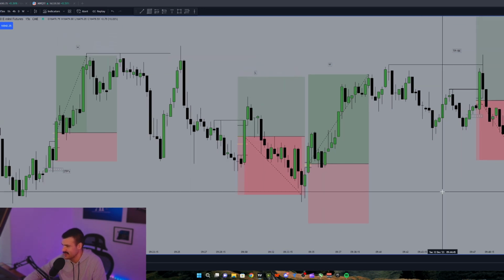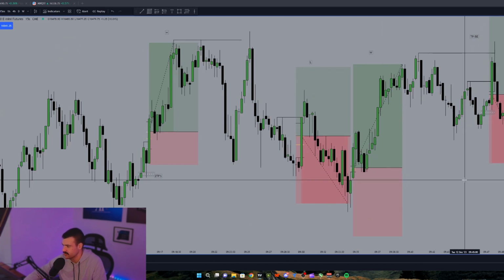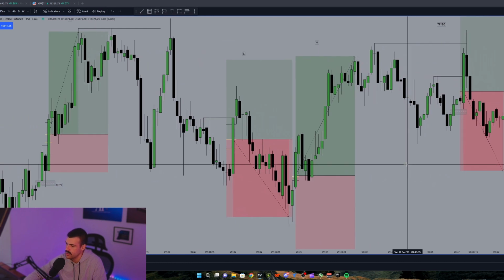But it's not a biggie because we had another setup right after it. Essentially, both of these aren't super high probability. I'll explain why. It's because we didn't have